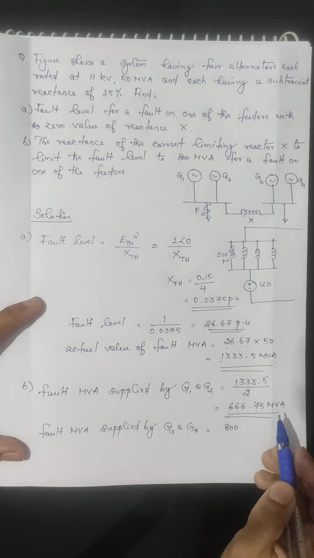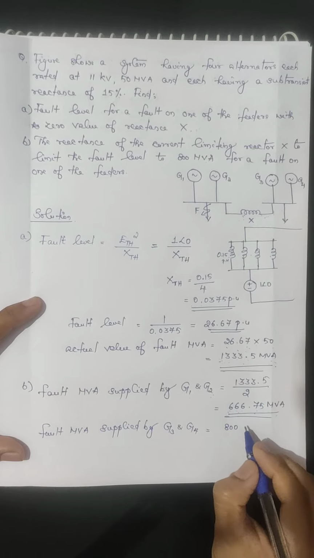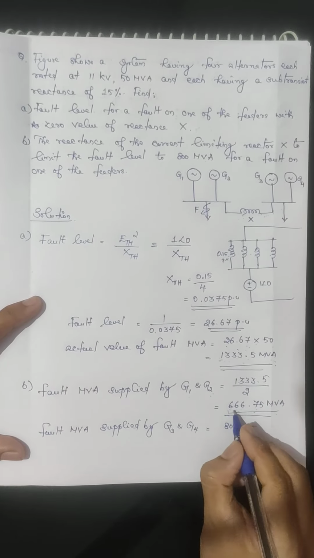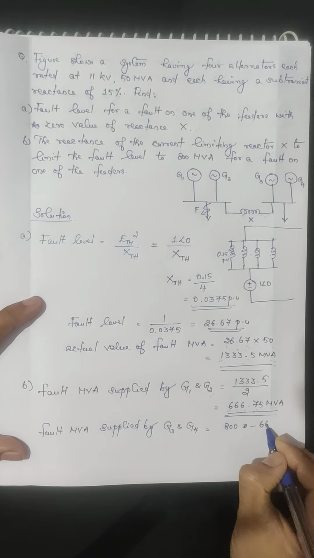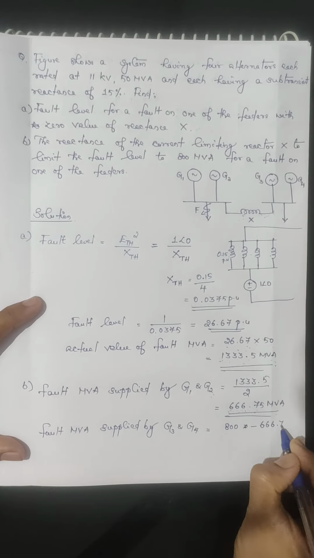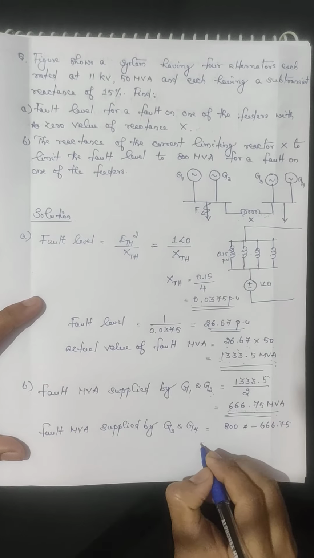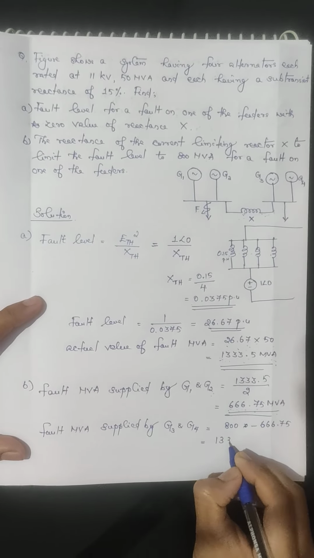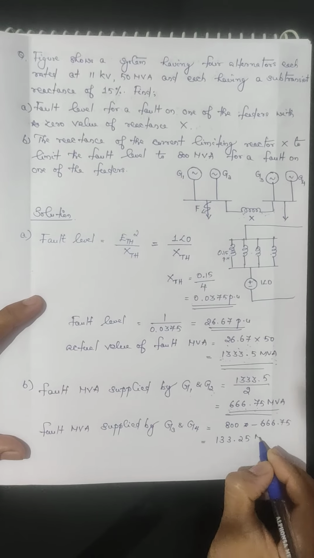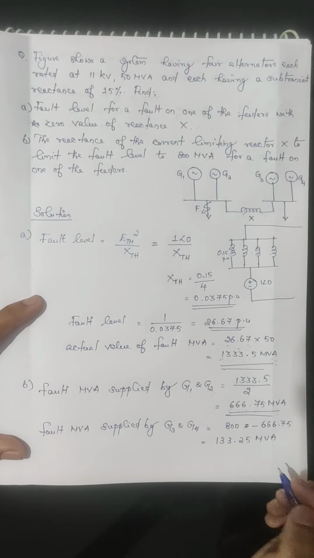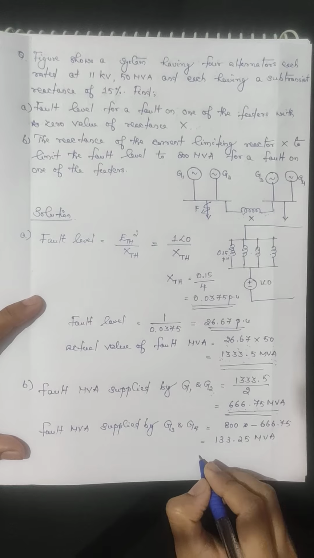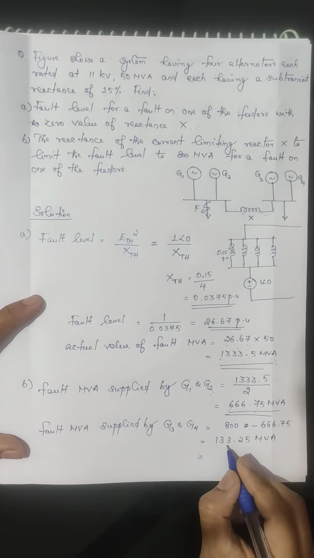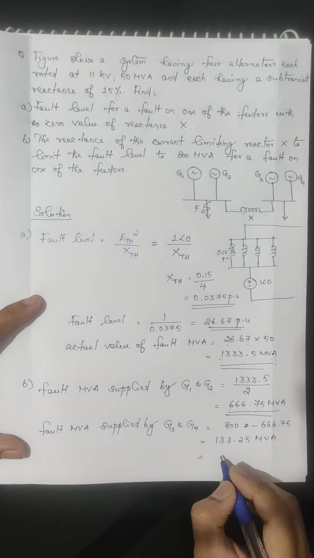666.75 MVA. So the fault MVA supplied by G3 and G4 will be equal to 800 minus the fault MVA supplied by G1 and G2, that is 666.75. So the fault MVA supplied by G3 and G4 will be 133.25 MVA. Okay. So 133.25 MVA, and in per unit it will be,